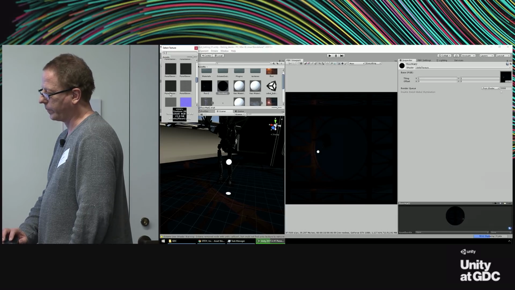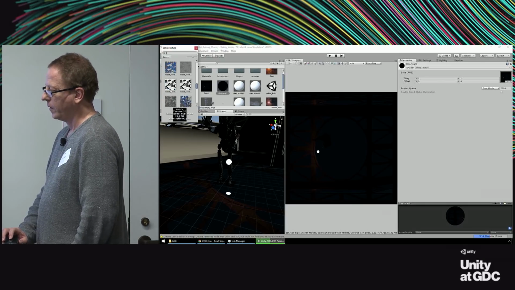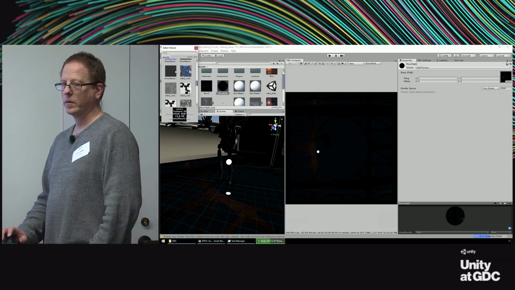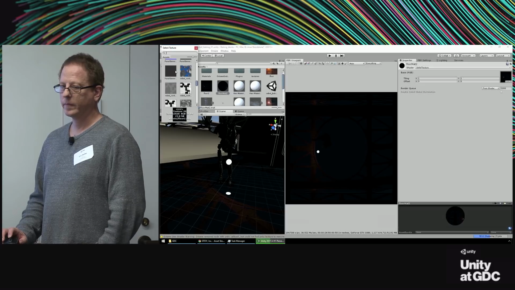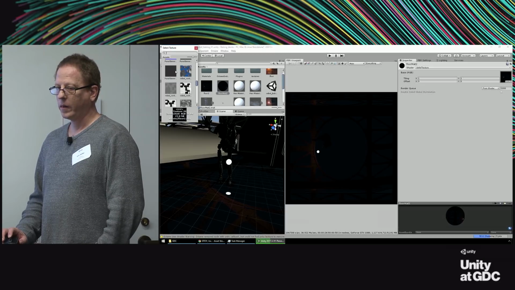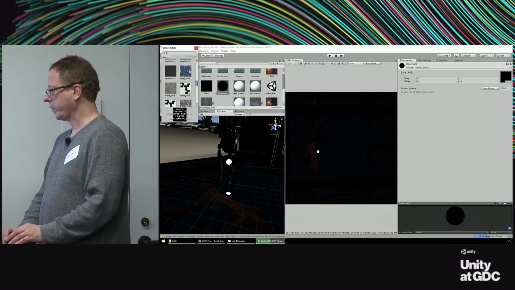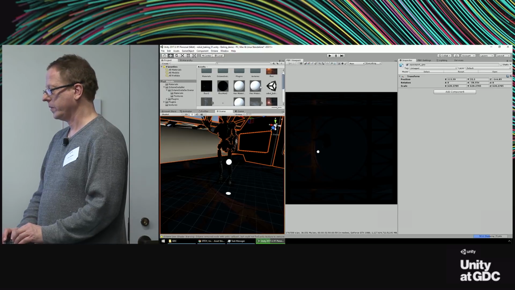I do have a video online that shows how to do this correctly. I'm not sure why it's not behaving. The workflow is you basically bake it within the engine to a texture. You can apply it, and then you basically just turn off the Octane renderer, and now you're seeing it. What I'm trying to do is a little bit fancier than what I should be doing, which is I should just set this to